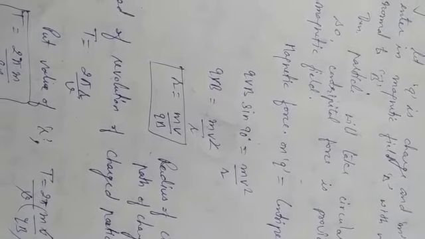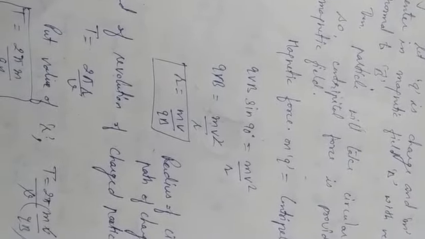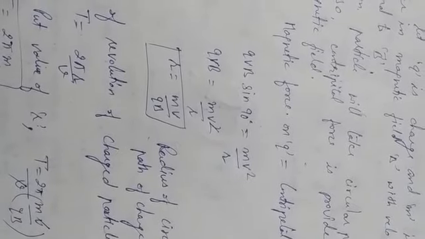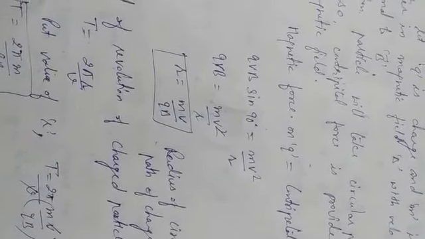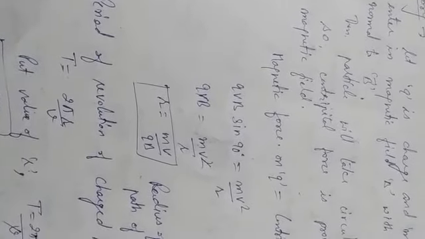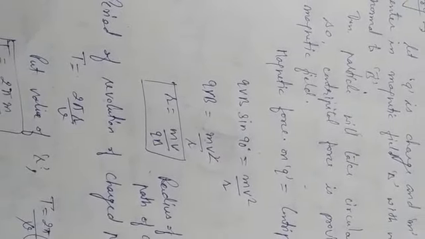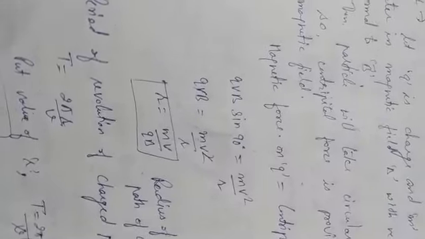Then there is a disadvantage also. We have done that disadvantage: a negative charge particle, for example an electron, we can't accelerate, and a neutron also can't be accelerated because the neutron does not have charge. So we have done that in the presence of an electric field and magnetic field, a charged particle will get accelerated and start rotating in a circular path.